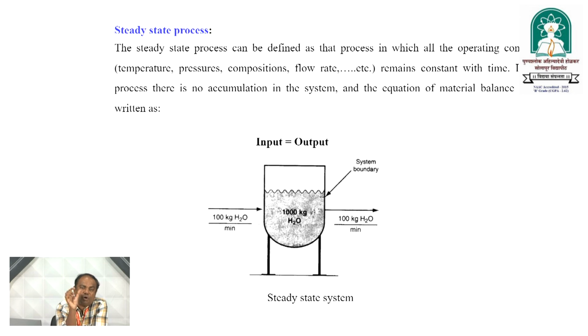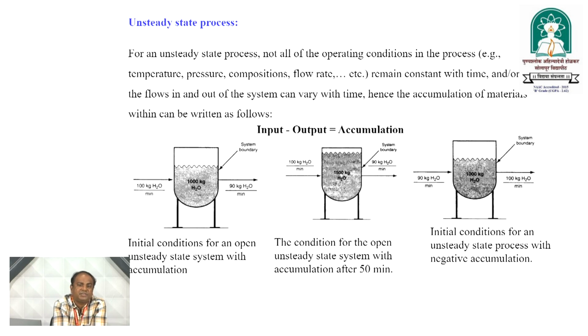It means that until and unless all the thermodynamic parameters are constant, it is not possible to take out all the product from the system. That is why we can say that in a continuous process, the thermodynamic parameters, that is temperature, pressure, whatever it may be, all remain constant, and we would say that a continuous process is the best example of a steady state process. What happens in an unsteady state process?